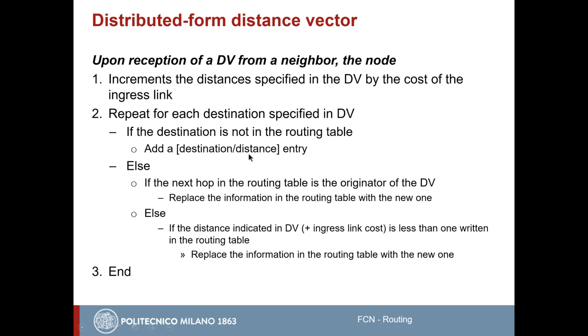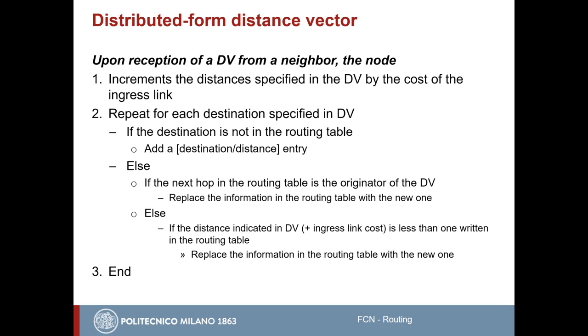Mentioning as a next stop the node that sent this distance vector. Then, if the destination is already in the routing table, the node has to compare the updated value of distance received in the distance vector